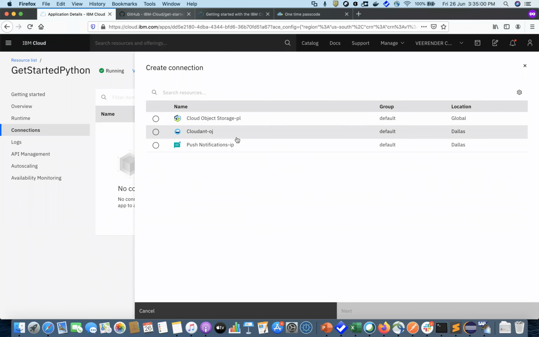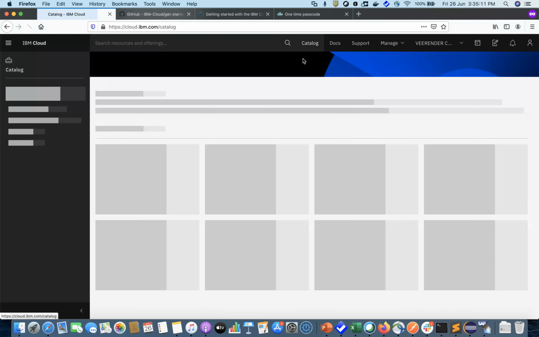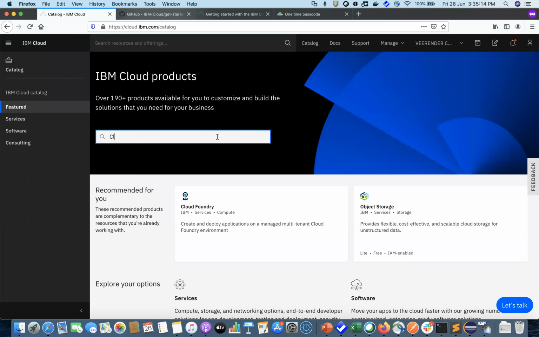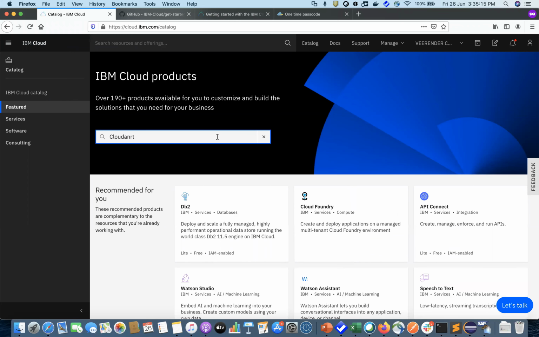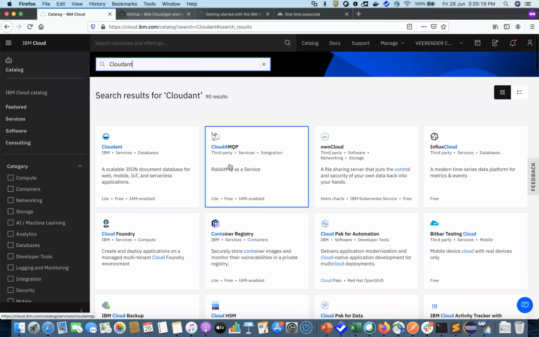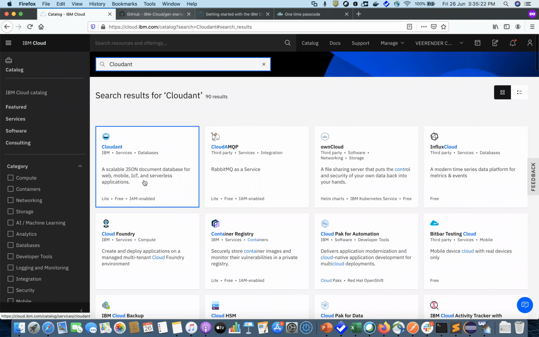Right now I already have a Cloudant database available. Normally if you don't have a Cloudant database, it will ask you to go into the catalog. You can click on catalog and enter Cloudant. This is the service which we are trying to use. It's a NoSQL database, like a JSON database.